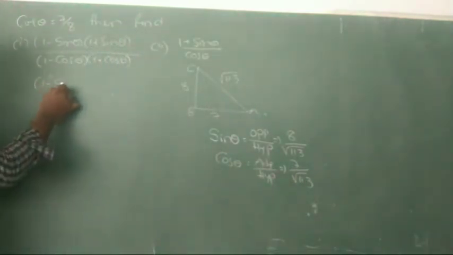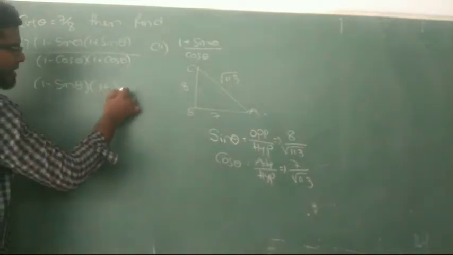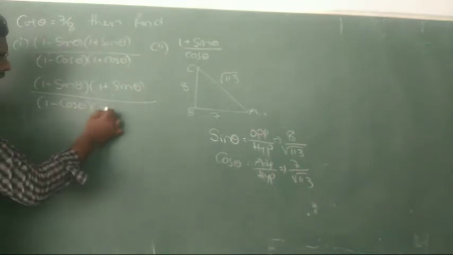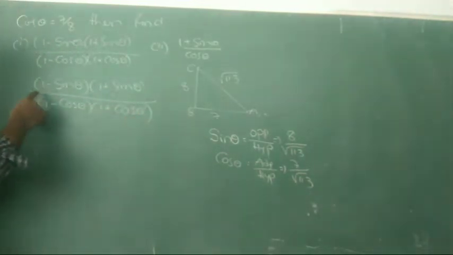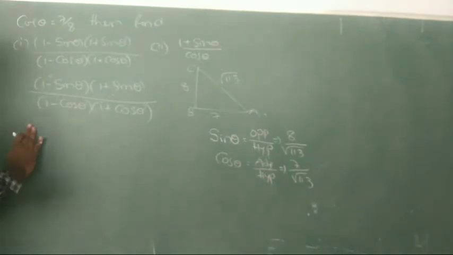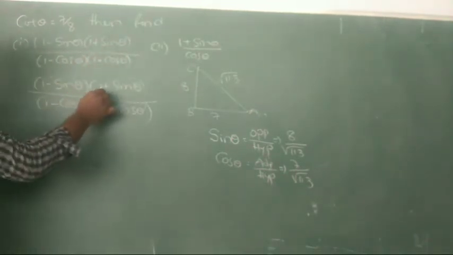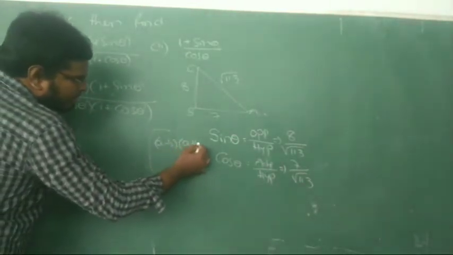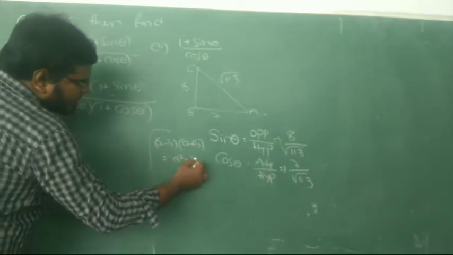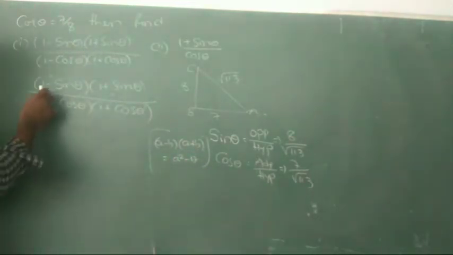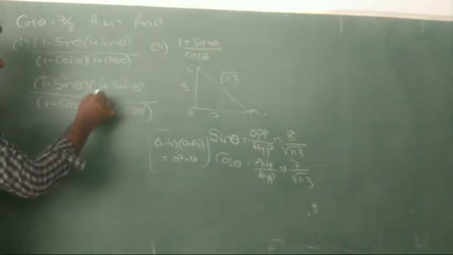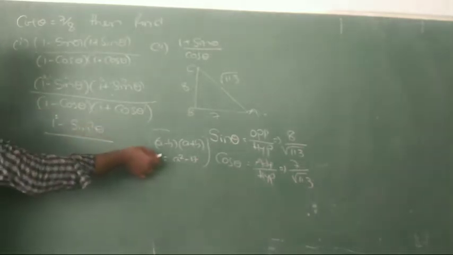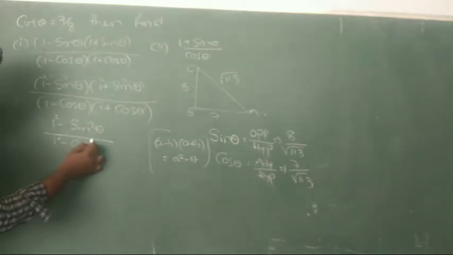First, 1 minus sin theta. Write once again: 1 plus sin theta by 1 minus cos theta, and 1 plus cos theta. Here 1 is 1 only. Listen here once: a minus b and it is a plus b. Now a minus b into a plus b, what is the formula? A square minus b square. It will look like this, now listen: this a, it is b. Alright, 1 square minus sin square theta, here same, 1 square minus cos square theta.